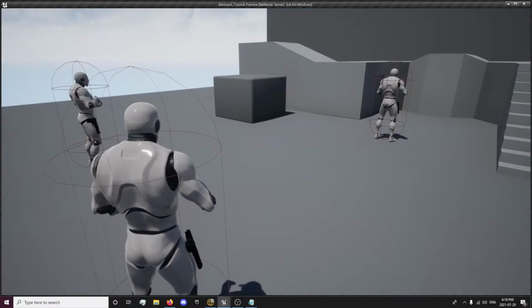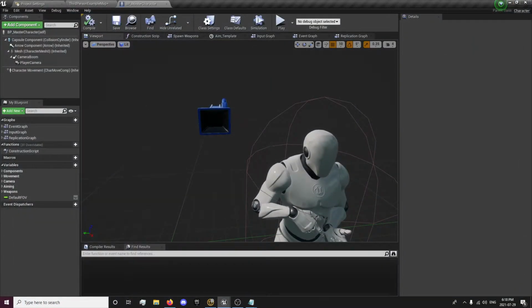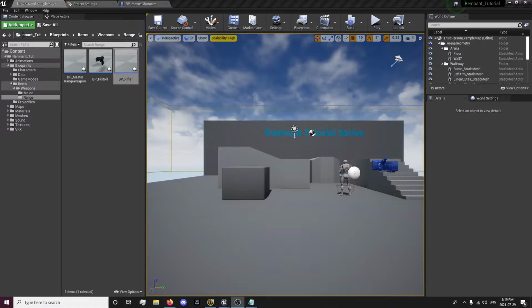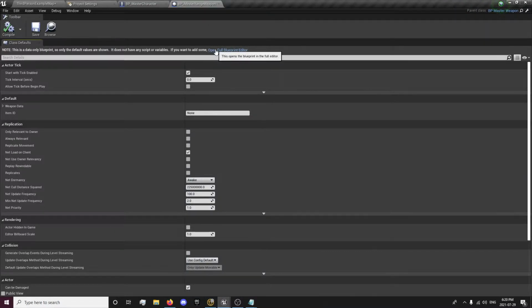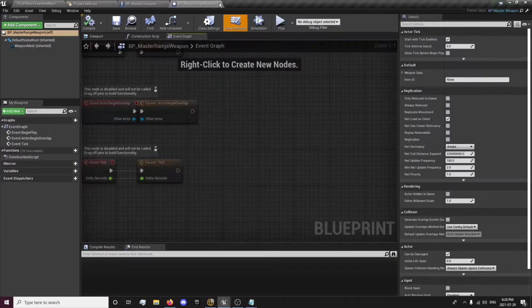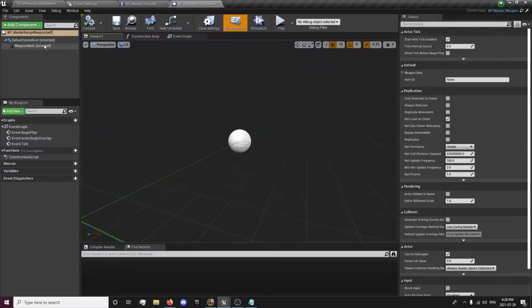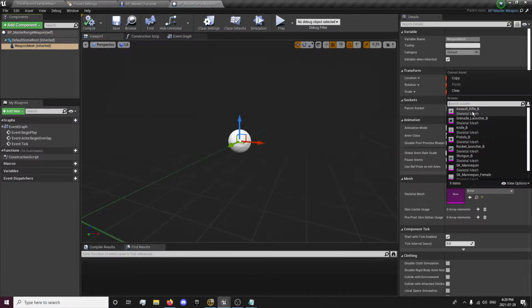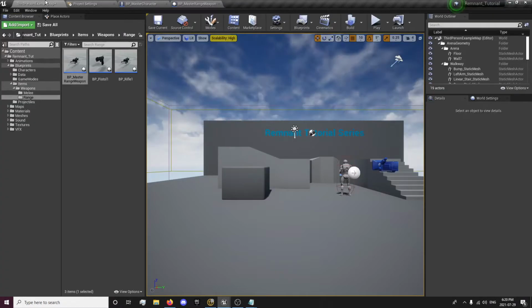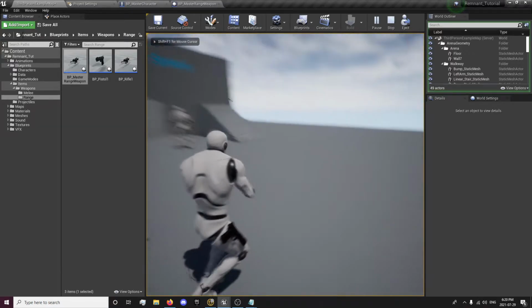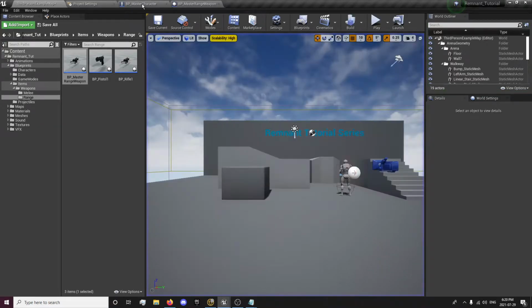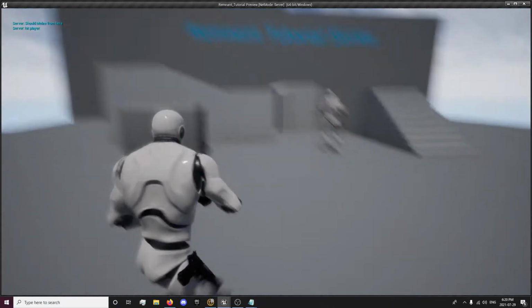Rifle isn't spawning for some reason. But apparently my master weapon, range weapon reset for some reason in this project. Don't know why. So we'll open this up. Let's go to our master weapon and set a default rifle there. And there we go. I'll fix that. And if we open it up in our main screen, this is what you'd be playing in